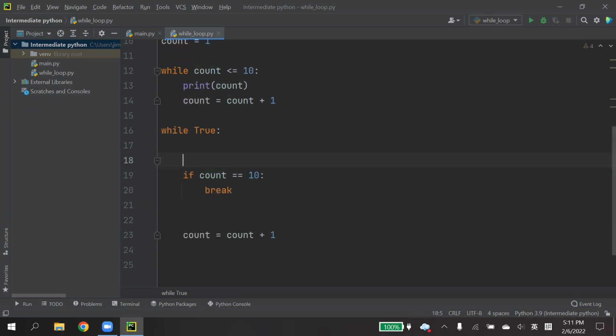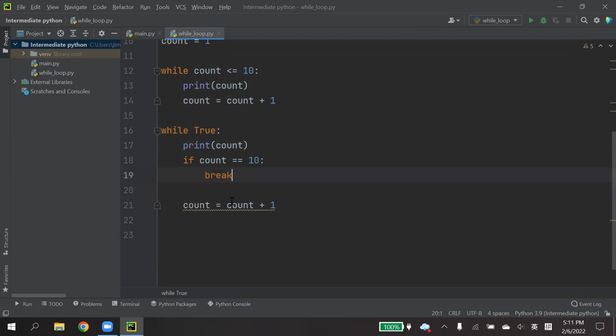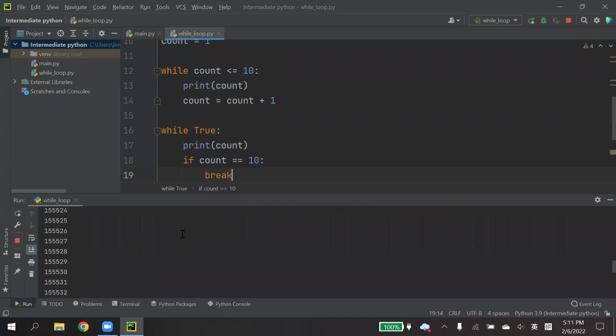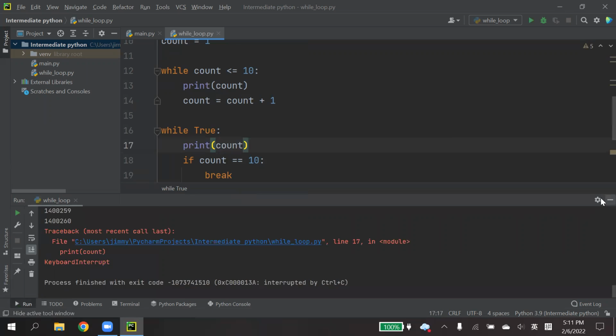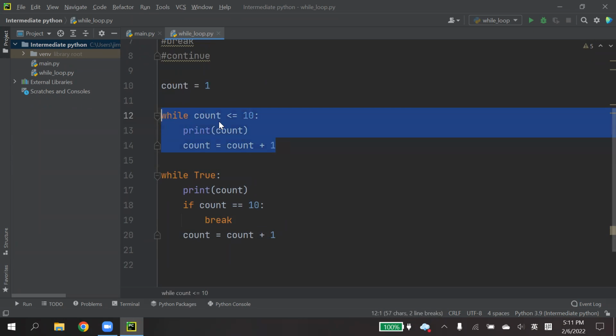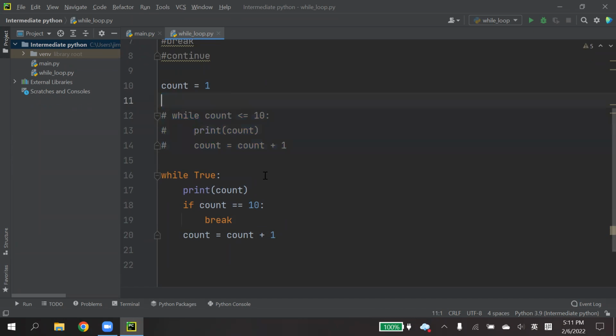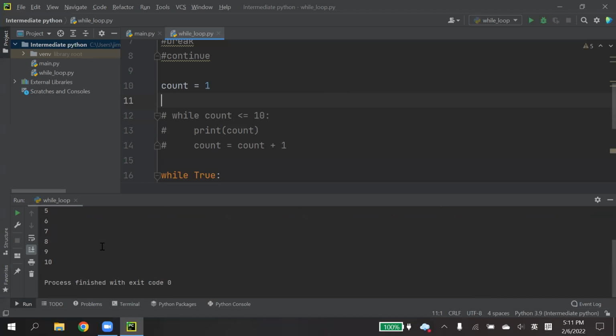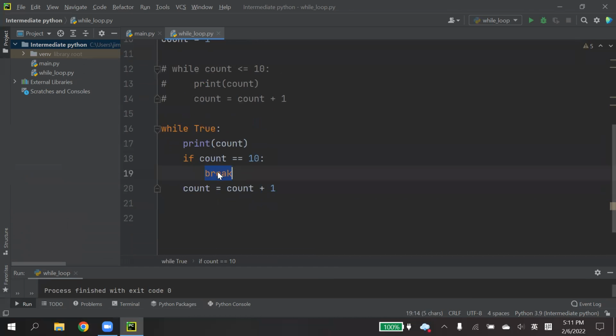I will just change the sequence a little bit because I want to print 1 to 10. Oops, I think something went wrong. Just give me a second. I think I have to clear off this one first because I have to start at 1. There we go. So this is also another way we can use with a while loop. We can use the break command. If the break command is run, then the while loop will be terminated.